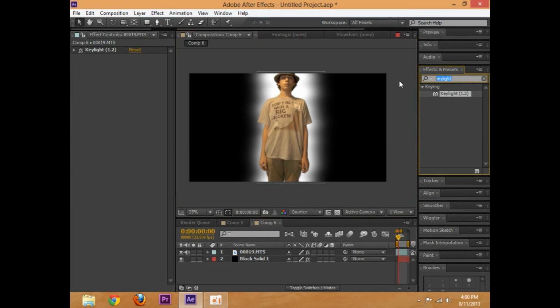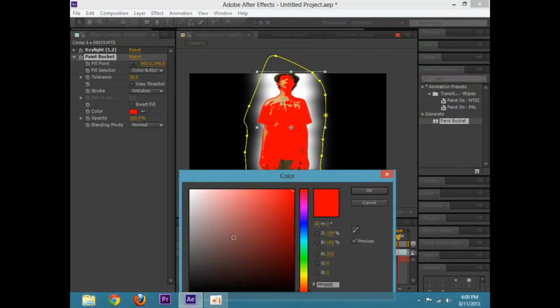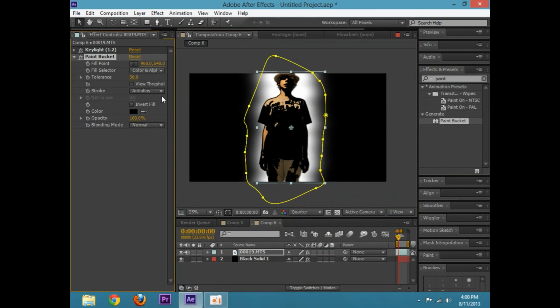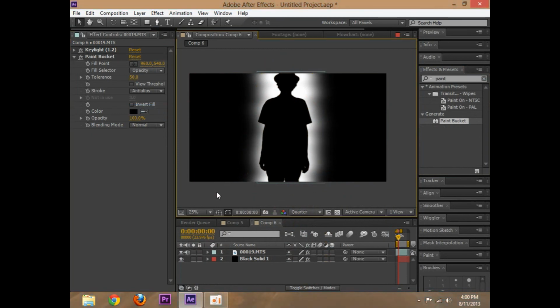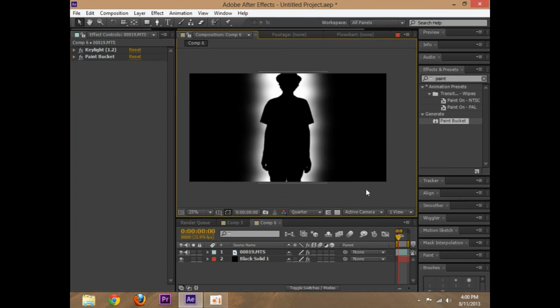So now go to paint bucket. What this is going to do is basically make this whole layer completely black. So switch it to opacity, so it just takes the whole thing, and now that's a lot more of that look. Now just a few finishing touches. I'm going to move that a little better into place. Okay, now just a glow